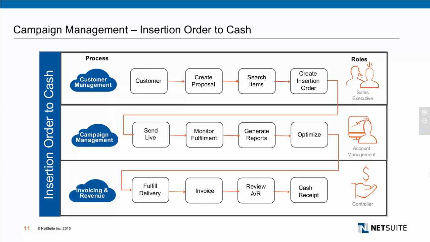So as I mentioned, we're going to be walking through 3 different types of roles today. A salesperson, and you'll be able to see the different types of dashboards, the workflow that they would then be responsible for. And as the suite of information will be flowing through, you'll see then how the workflow will automatically flow through to each of the dashboards. Over to the account management, we're going to be talking about a lot of the reports that are available in NetSuite, all the inherent reports as well as reports that you can build fitting any need that you have. And onto the finance side to show the visibility from all aspects of the company, and also the ability to get through the month-end process really quickly and easily.